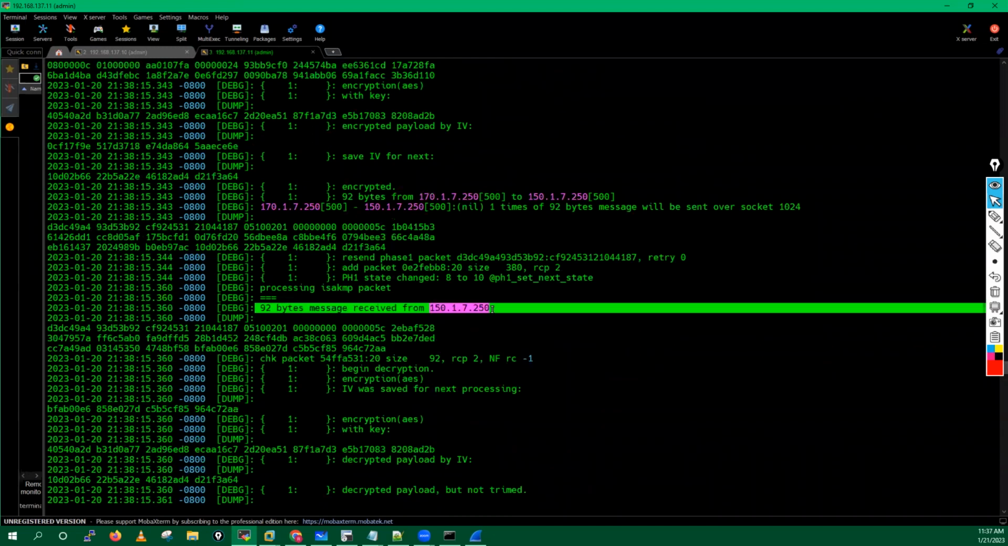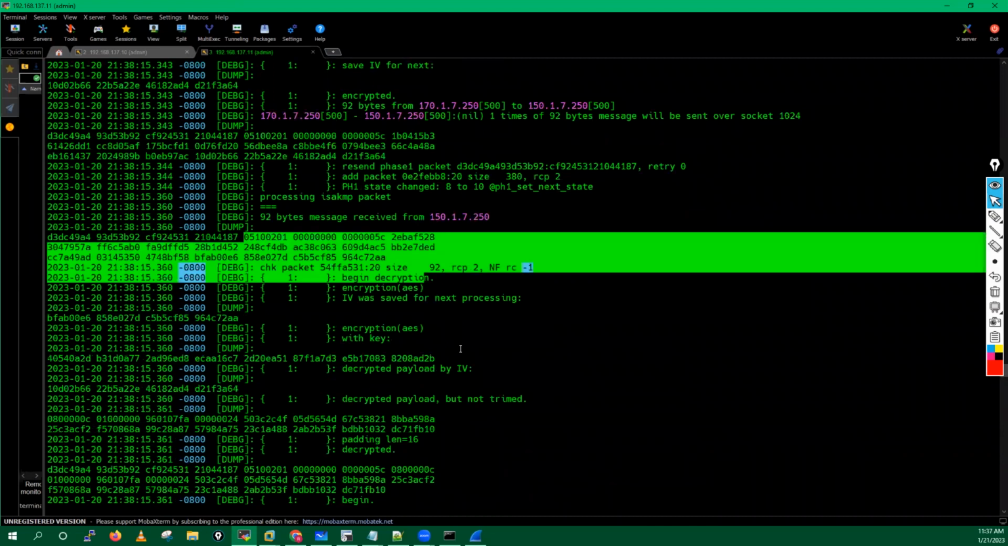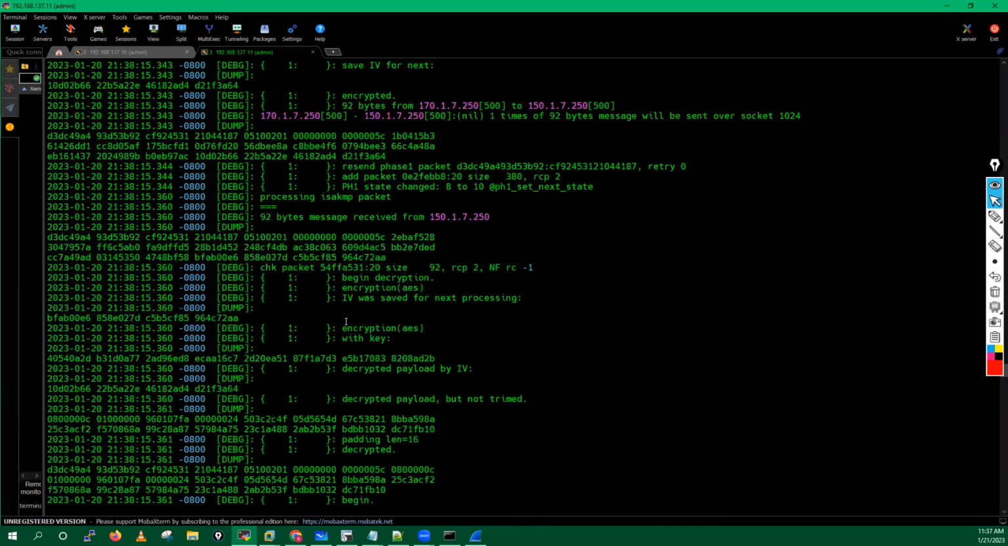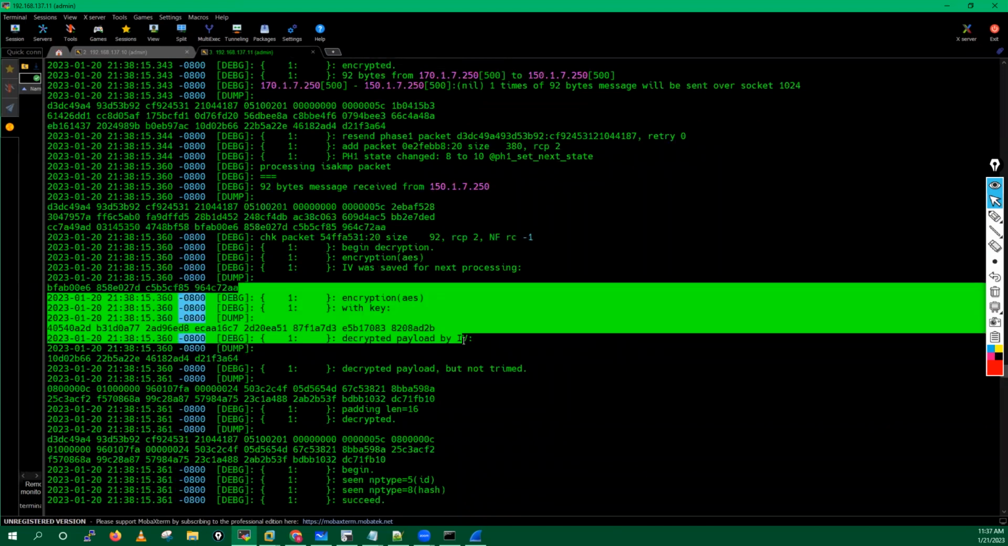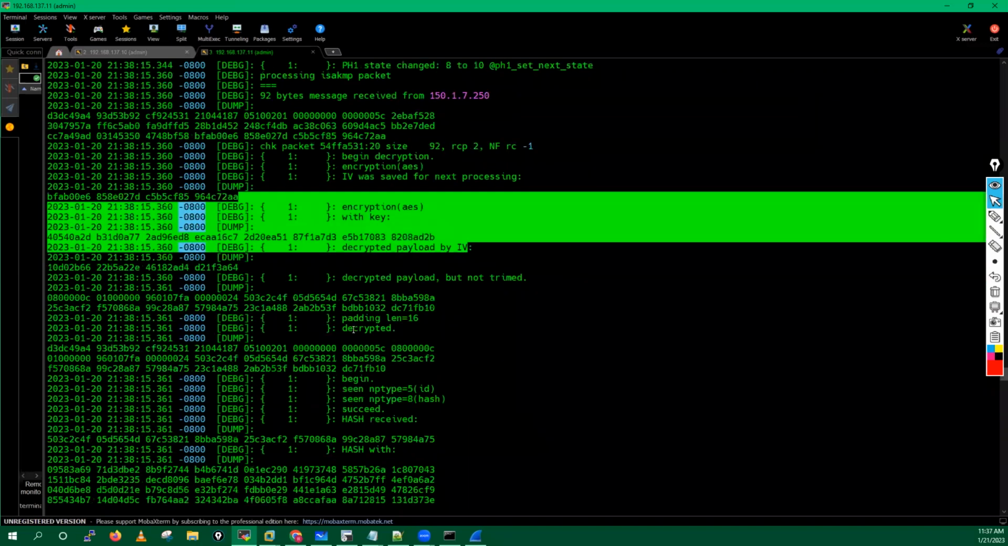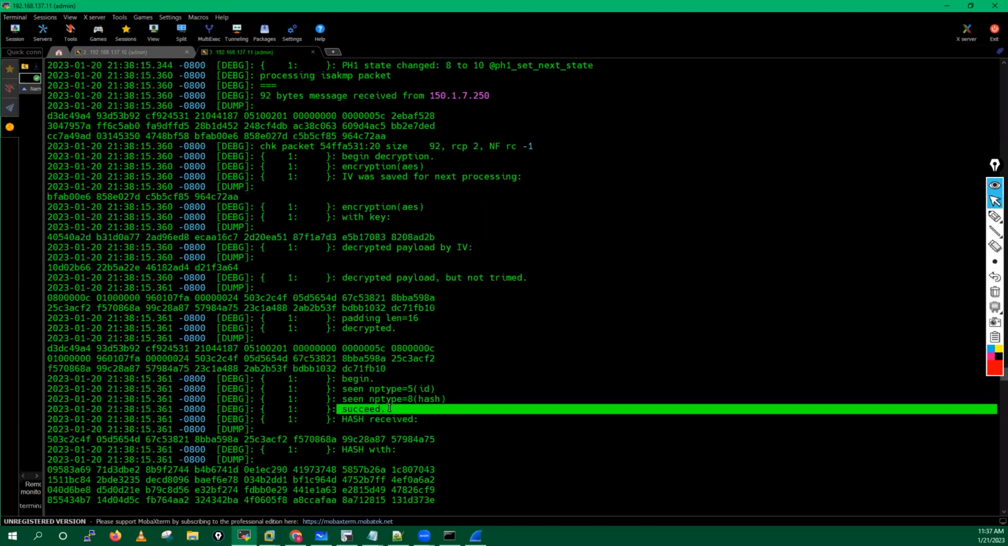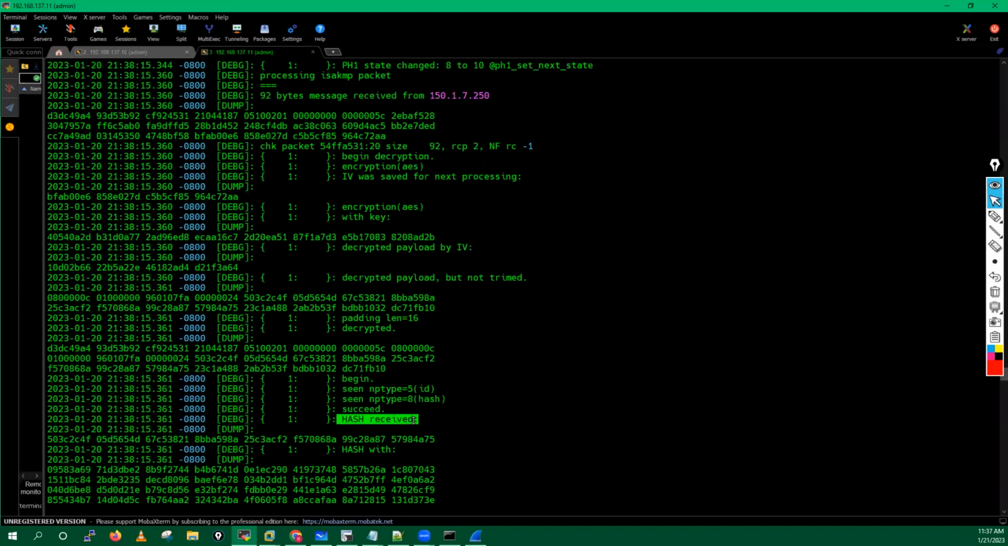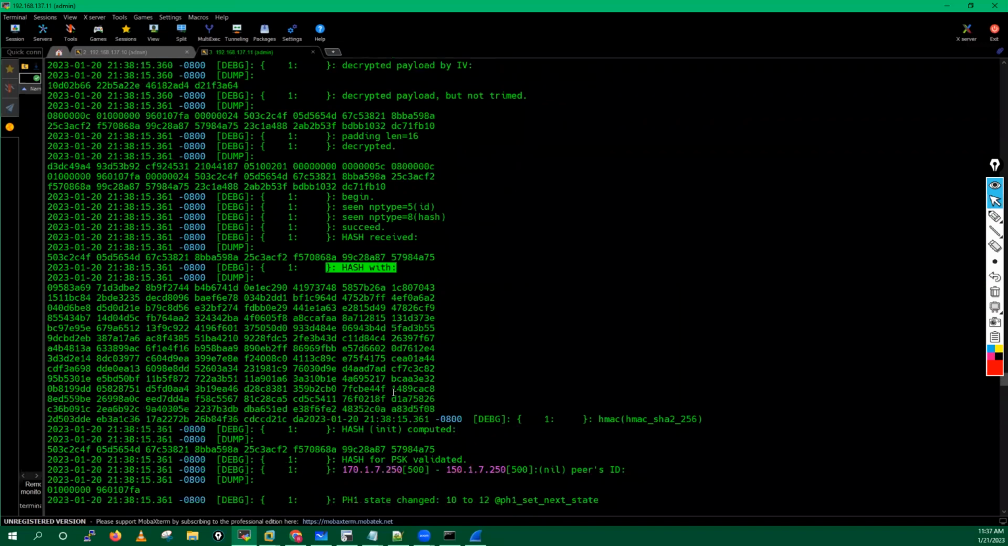92 bytes received from my firewall 1. This is the IP of firewall 1. It will do the validation now, and you will see it has decrypted, because it has received message number 5, message number 6 in an encrypted form. It decrypted, right? And after the decryption, you can see here one succeeded message. It is able to successfully decrypt the message, and the receiver will do the validation,